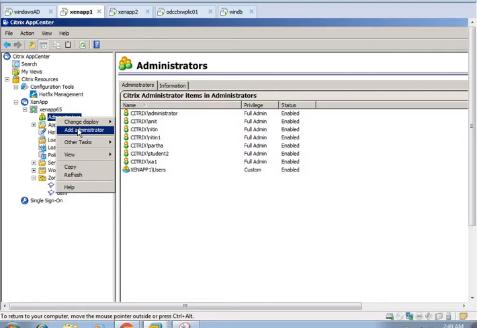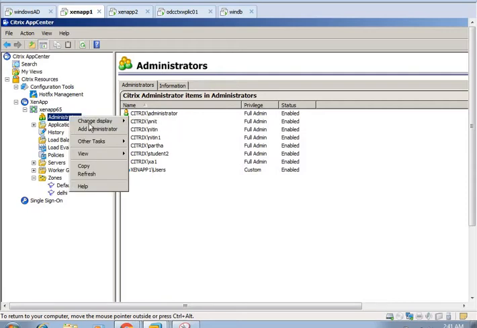This is required whenever any person joins the organization. If he is an administrator, his ID should be added in the administrator role, so that he can apply the changes, publish the application, and add the servers in the farm. So for that, we can right click on the administrator tab,